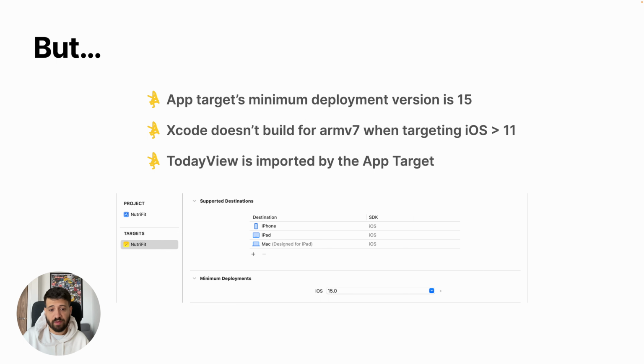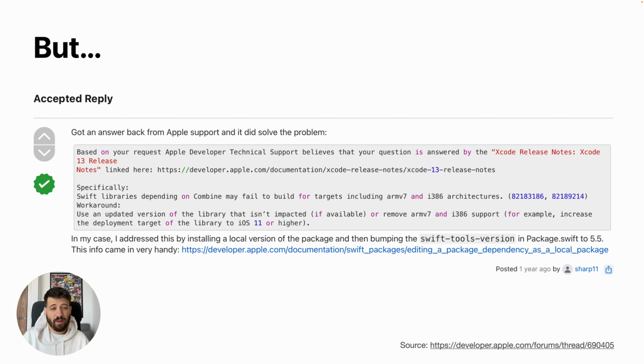It's a Swift package that's imported. So it should technically have the same minimum deployment version, right? Because that's the thing that's going to go out to users. But we start doubting ourselves, and we do some Googling to make sure that this is actually the case, and ARMv7